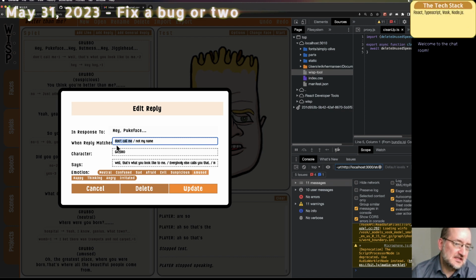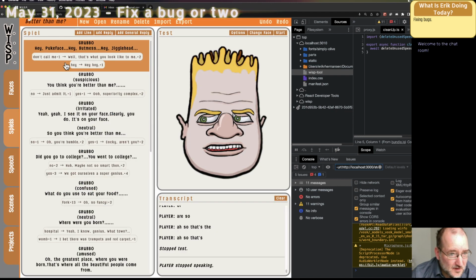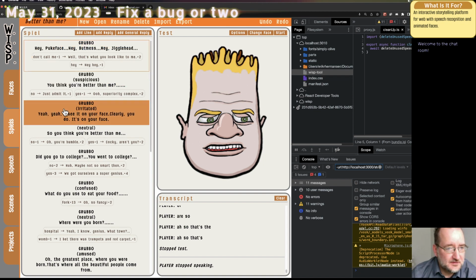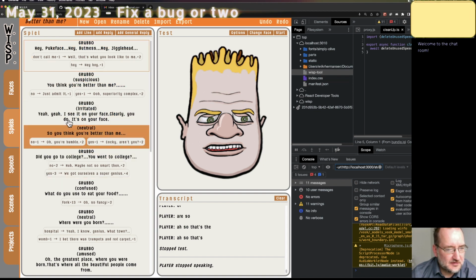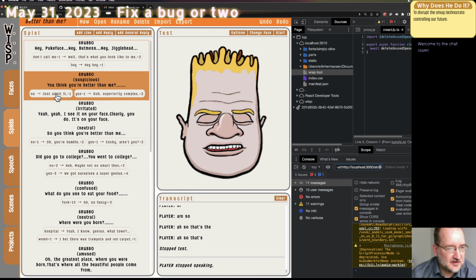So even though this is like a simple phrase match, it can hit more territory than just those three words on its own, because those three words will come up in different combinations. Every time he talks, it's not like AI generated, it's a recorded bit of speech. And yeah, similarly, all down here, I've got certain replies set up.